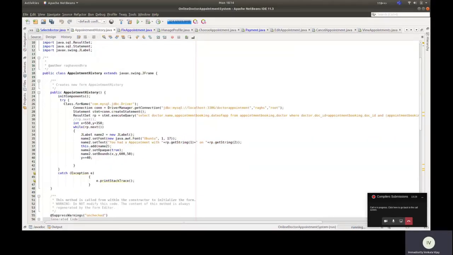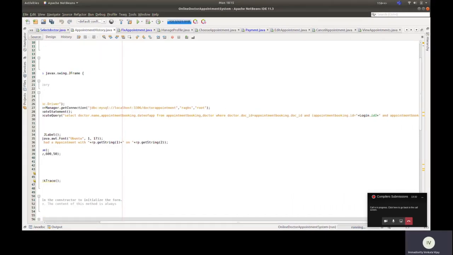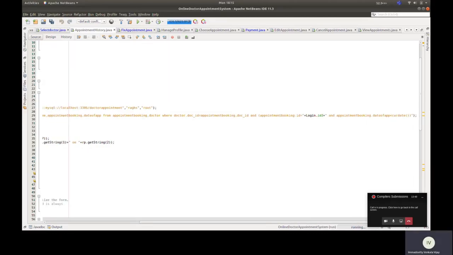Here we are getting a query like select doctor name, date of appointment from appointment booking and doctor, meaning we are taking the values of doctor name and appointment date from the tables appointment booking and doctor, where the doctor and appointment tables match. And you can see a query for appointment booking of a particular user, where the date of appointment, here the 6th of this month we chose, is less than the current date.